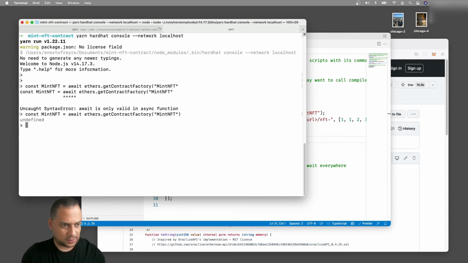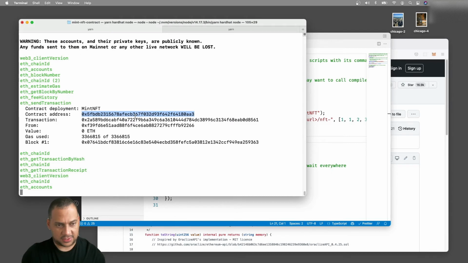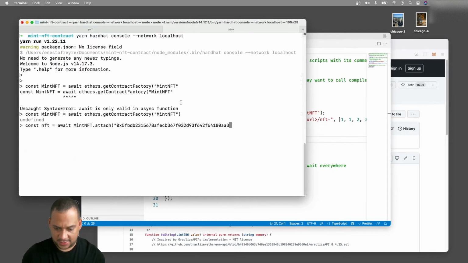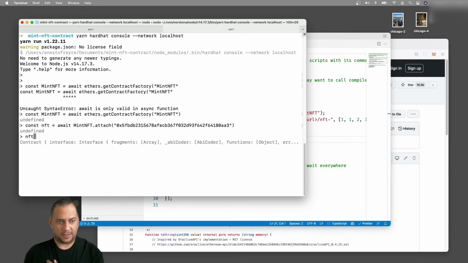Okay, so we have the contract, and now we can attach to the address where we know the contract was deployed. So this is the contract address. So we will attach this NFT contract there. That means that we now have an NFT interface to that contract. We can run commands on that.